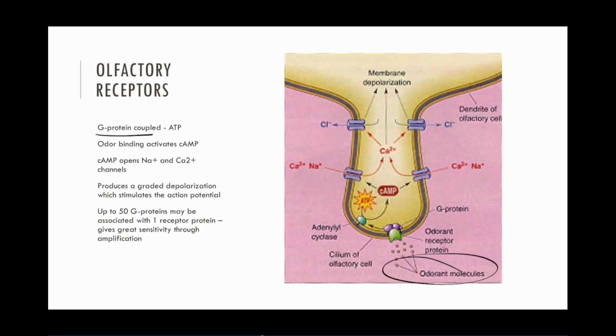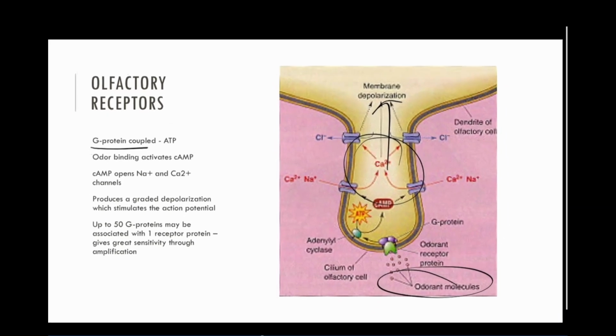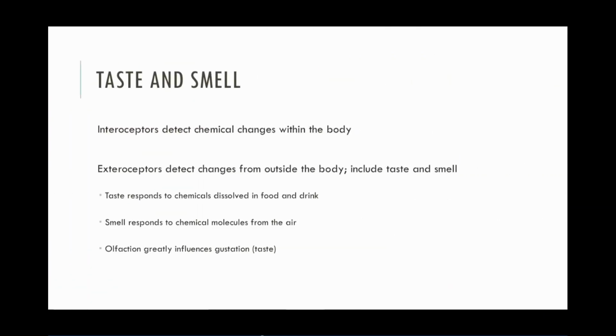Here is the odorant, and here are the calcium channels, and we work our way up, and then we go up to the brain, olfactory nerve, and we can sense what we're smelling. So the big thing with this one is just know one molecule binds to one receptor. It's a chemoreceptor, and it tells our brain what we're smelling. So taste and smell